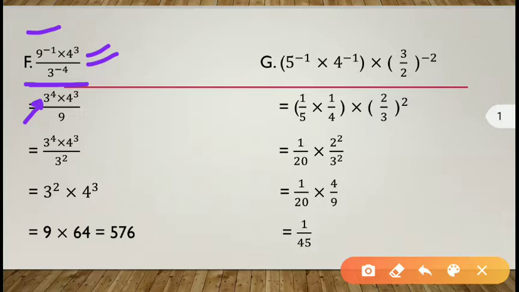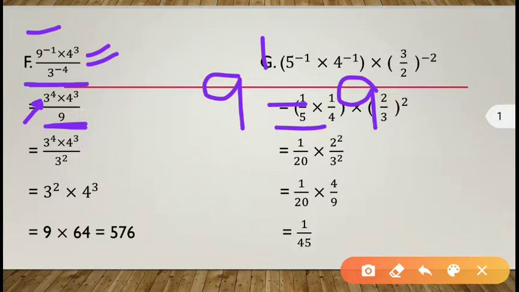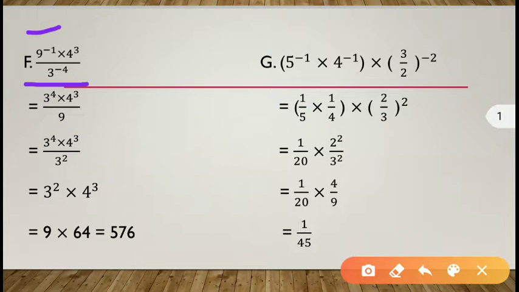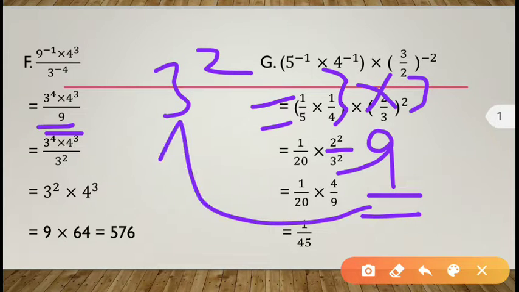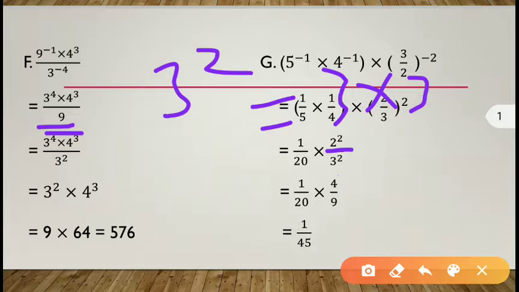And when you write this 9 to the power minus 1 in the denominator, this will become plus. And 9 to the power 1, the value will be 9 only. That's why I have written only 9. So, understood this line? Now this 9 can be written as 3 square. Why? Because 3 into 3 will again give you 9. So 9 can be written as 3 to the power 2.